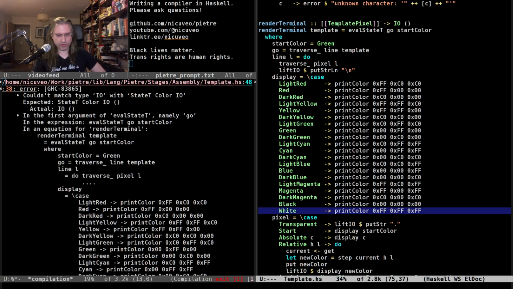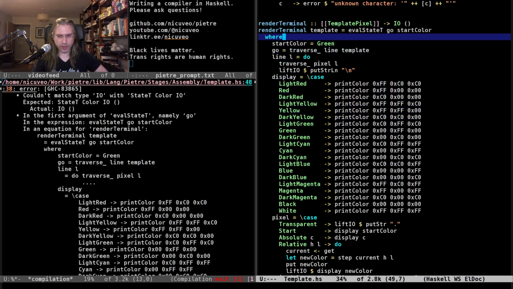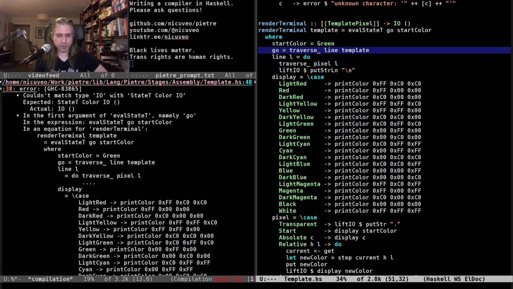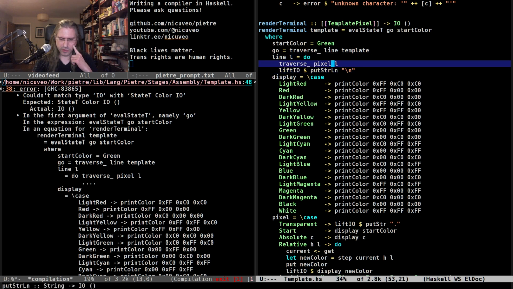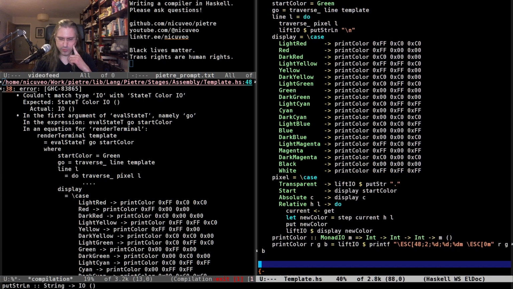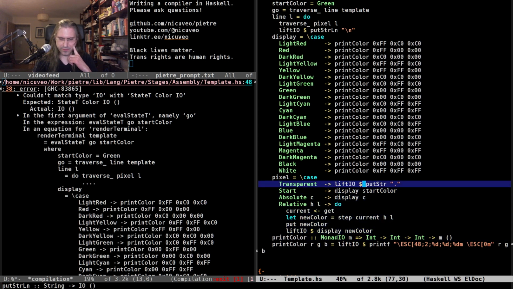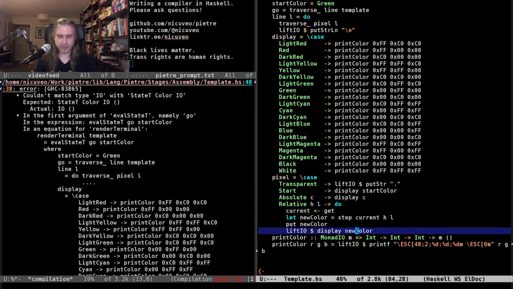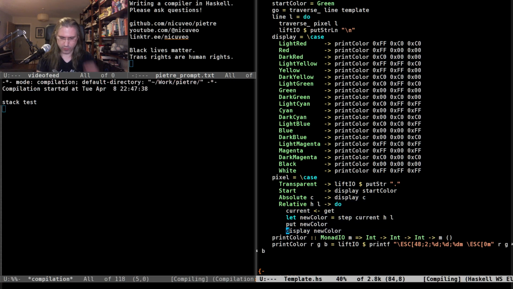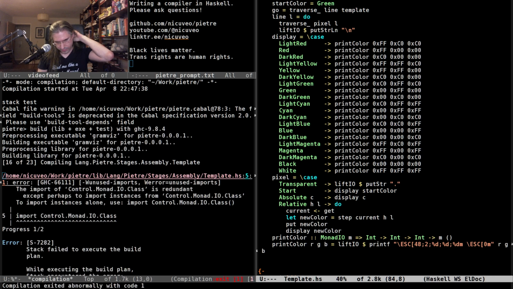Okay, so I have some inconsistency here where some of those functions are returning IO and some of those are returning something in the underlying monad, which means I have something here that's unclear. So here line should be returning something in the state monad on top of IO because it's doing a lift IO for the print, which means I need to make sure that pixel itself is returning something. So here we're doing a lift IO for print and we're calling display. So I need to make sure that display returns something which is in our monad. Here I'm doing a lift IO display. That's what's wrong. There we go.